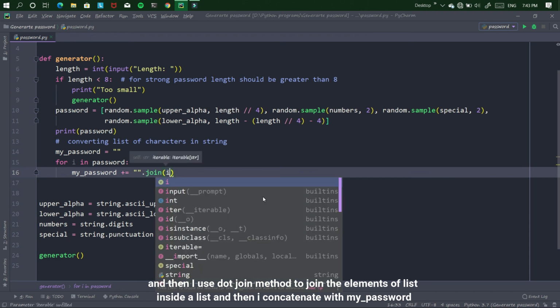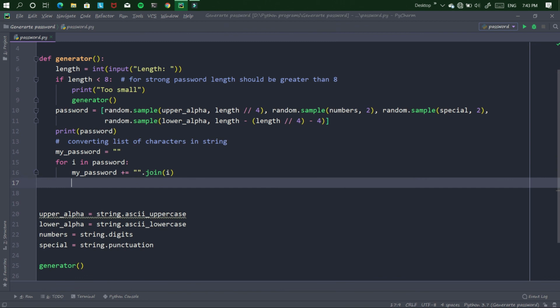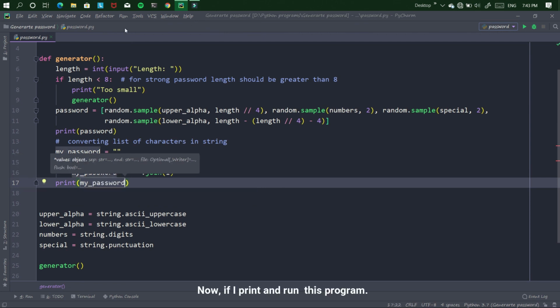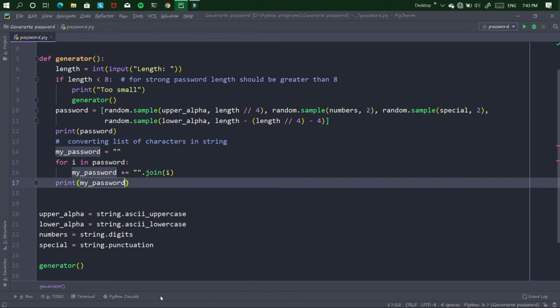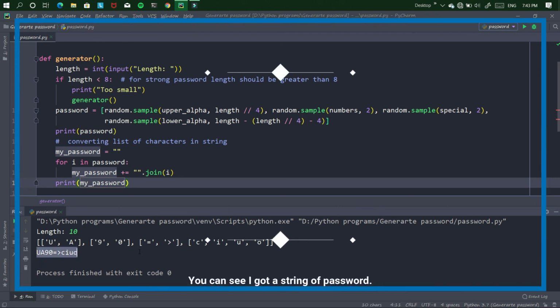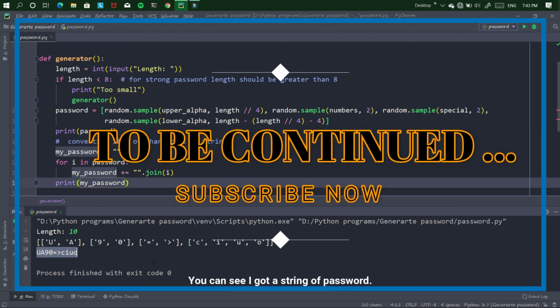Then I concatenate with my password. Now if I print and run this program, you can see I got a string of password.